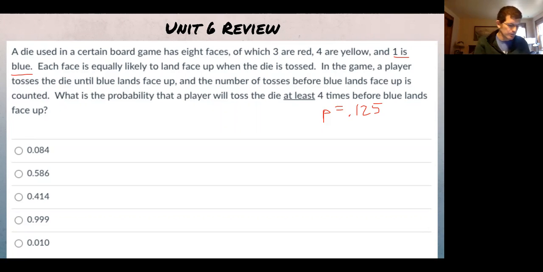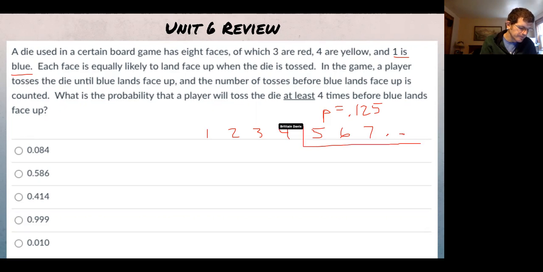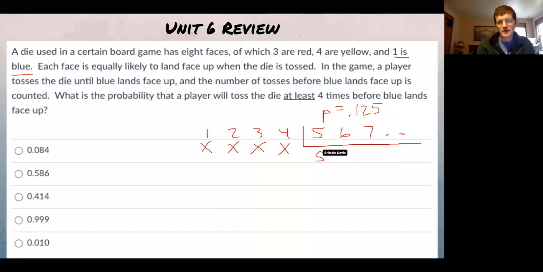So we don't want to get a blue on the first trial, the second trial, the third, or the fourth, but any after that doesn't matter. It could be the 5th, 6th, 7th, and so on. These are all fine, but we don't want to get a success here, here, here, or here. So we want our first success to be here at the earliest. All right, and that doesn't mean it has to be a success. We could still fail here and then not get our first success until the 10th time, right? But anyways,